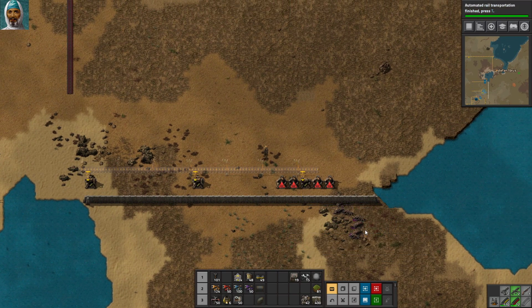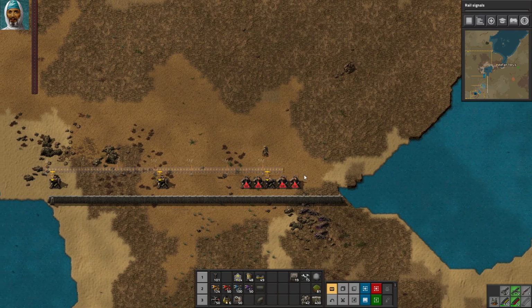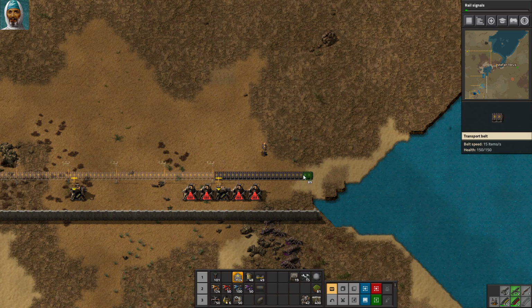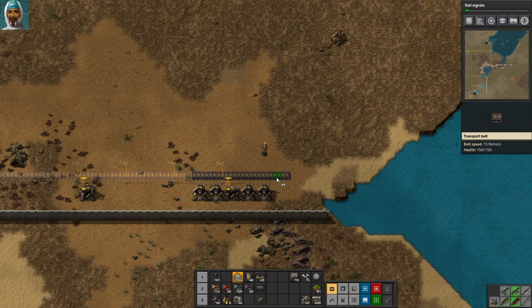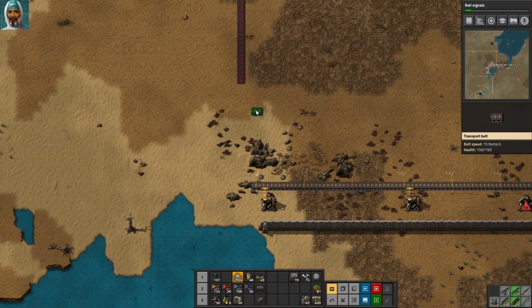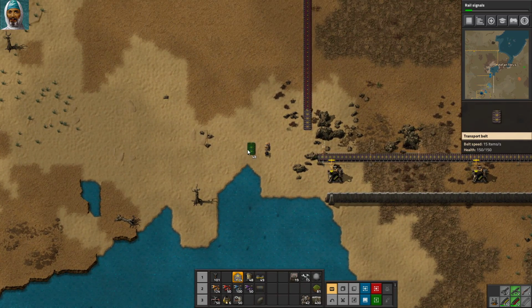And the perimeter will look something like that. And now we need rail signals, and that's enough research for now, I think. Also, this belt needs to go the other way. I don't need to expand it that far just yet. And for going around,